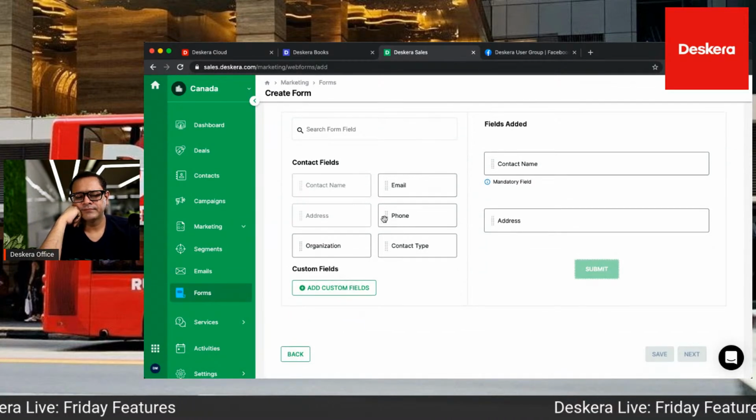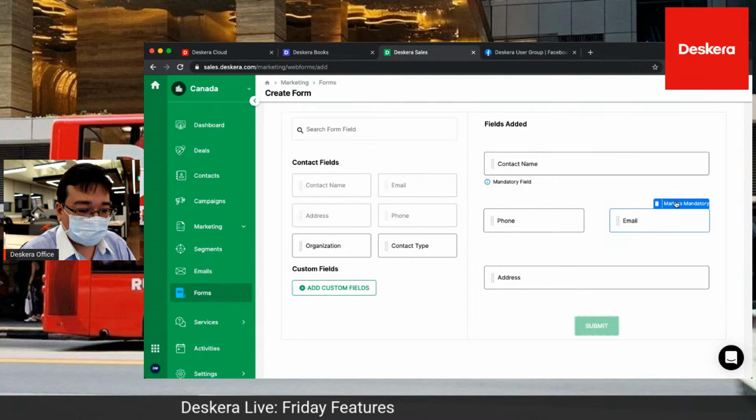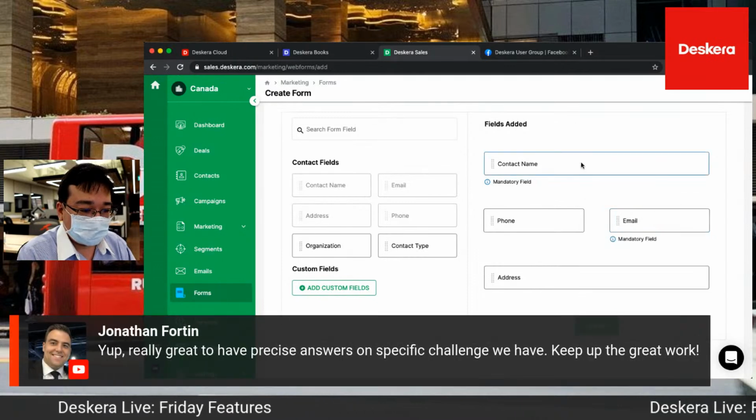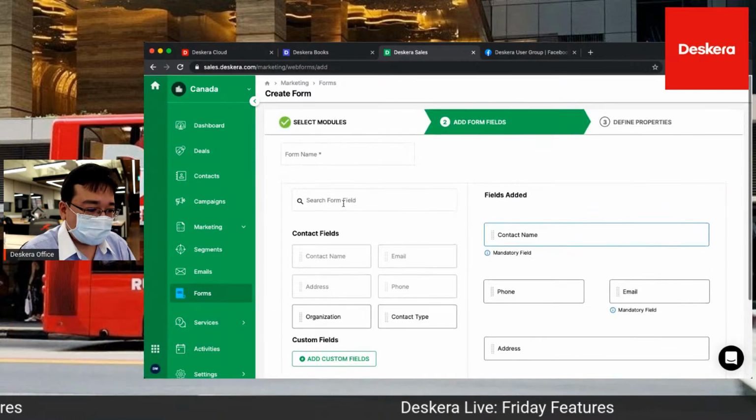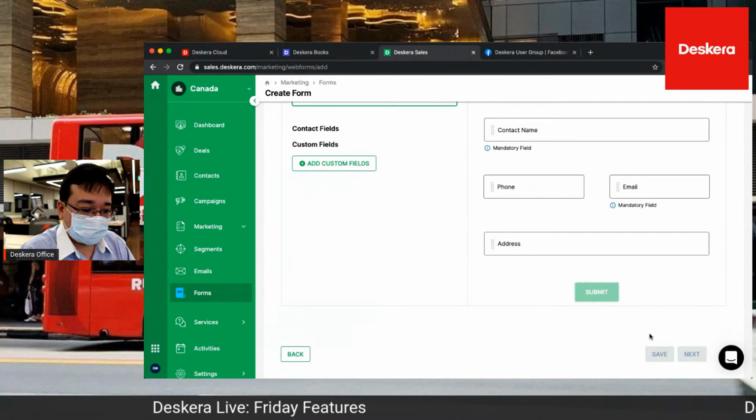So inside here, I can add in the fields, the phone number, the email, for example, and I can set certain things as mandatory here. So I can make it mandatory for email address. Also, contact name is mandatory. Other stuff, maybe not. Put in the form name as form. And after that,